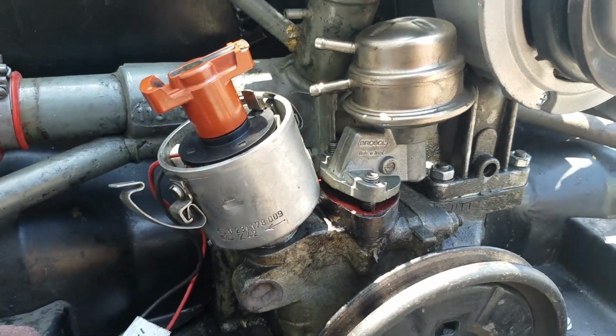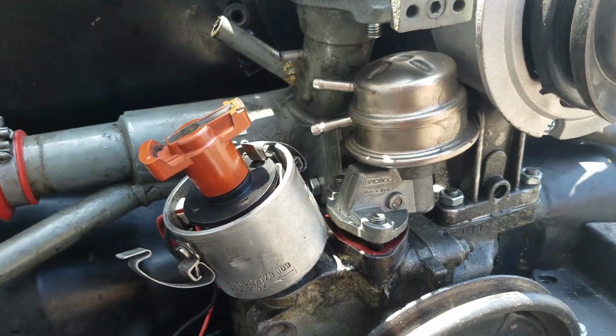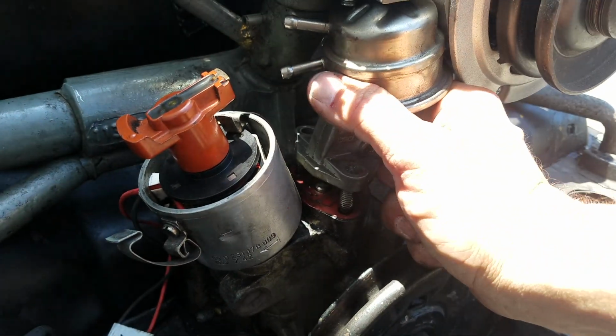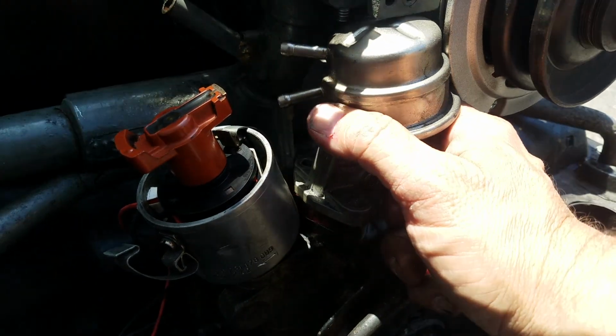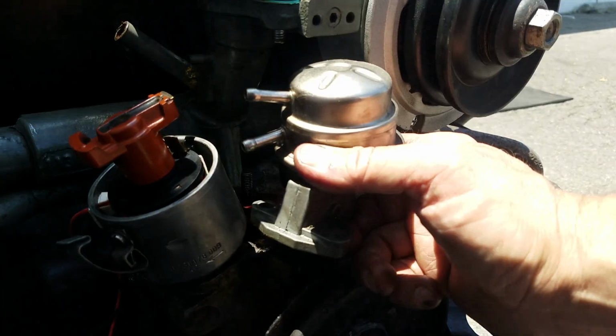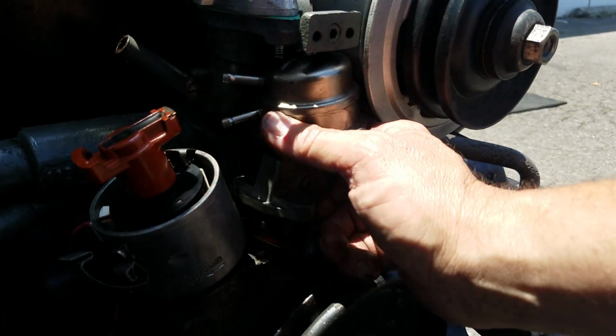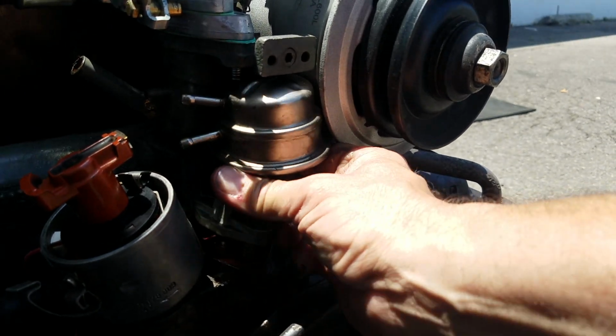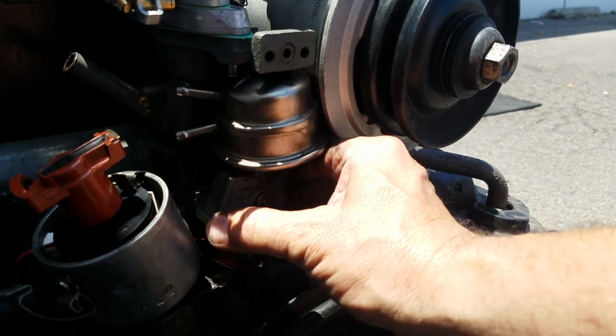Alright, I've reinstalled the distributor. Let's see if I can remove the fuel pump. The distributors, look at that. Talk about close tolerances. What would make this easier would be,